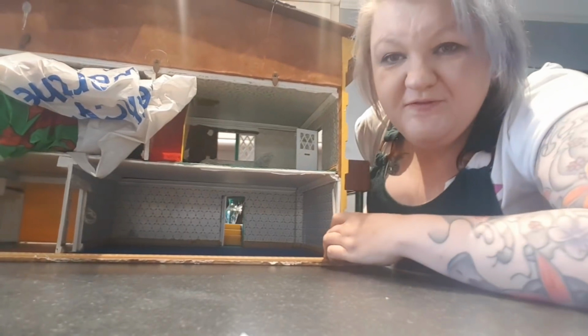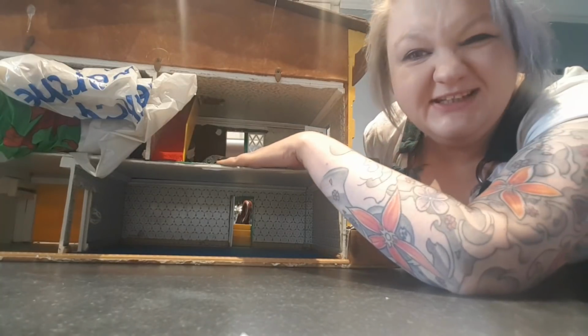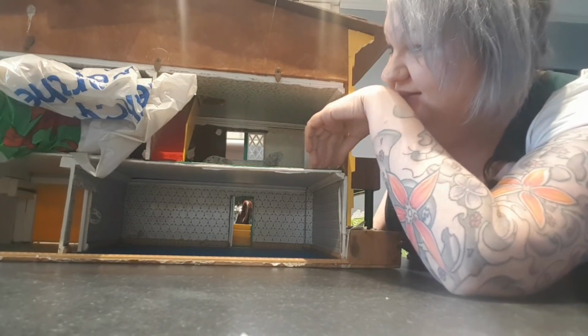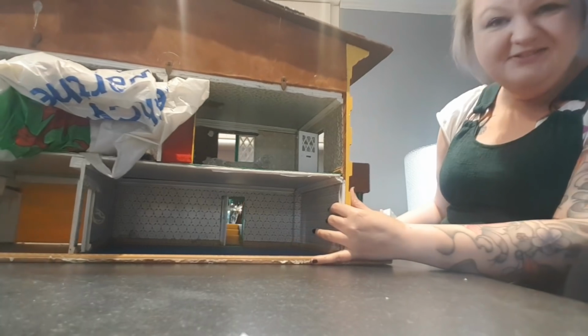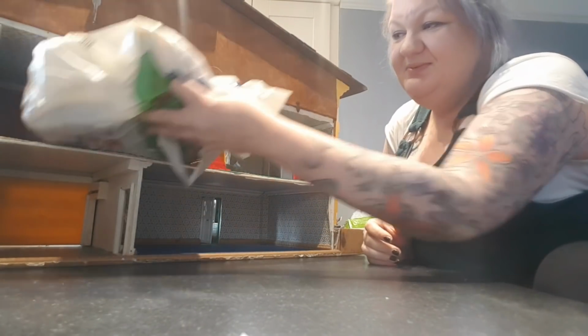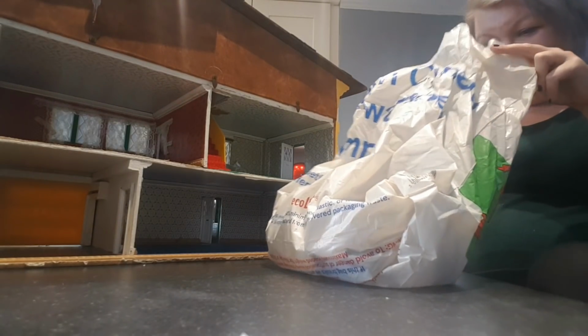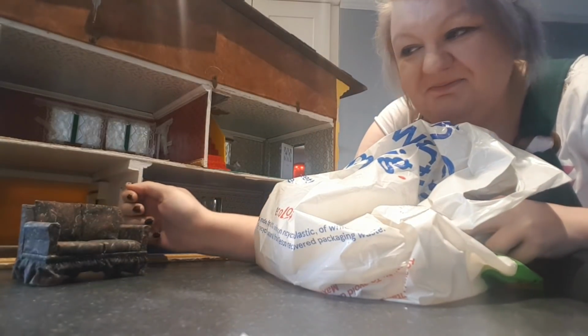So, I'm not a fan of their interior decoration, whoever has had this, but I like the fact that they have at least decorated it. I think that's really sweet. I'll tell you more about this in a minute as well. Okay. It comes with a bunch of furniture. It's quite cute actually. This isn't my furniture, but